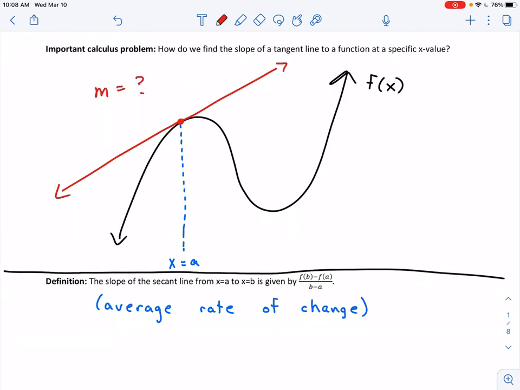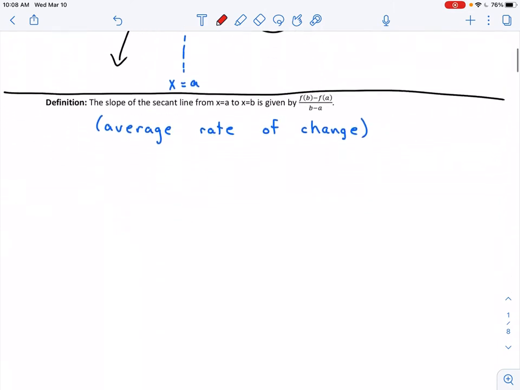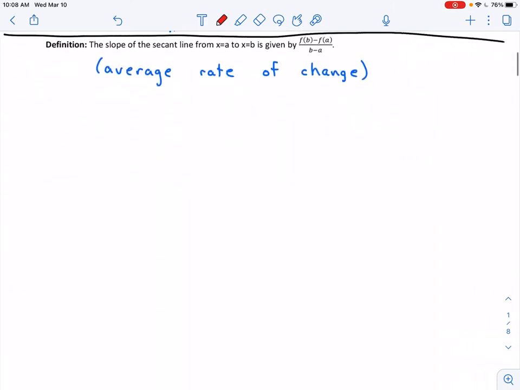And can we kind of generalize that process so that we could do it with a lot of different functions and a lot of different x values? It turns out that's a really hard process to do. That's a very difficult question to answer. So we're going to take a step back and we're going to start with a question that's a little bit easier. We're going to start with, well, what do we know? So instead, we're going to take a step backwards to talk about the slope of the secant line.